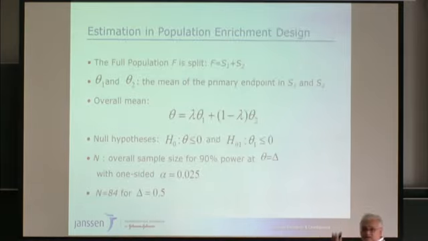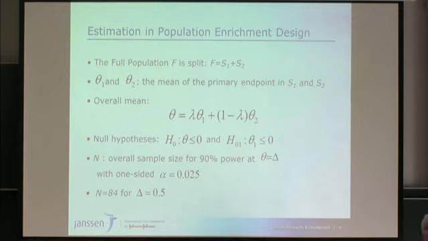Okay, so let's take a simple example. I have the full population split into S1 and S2, and then theta 1 and theta 2 are the means of the primary endpoint in S1 and S2. And then the overall mean is the combination, where lambda is the prevalence of subset S1 in the full population. Okay, so that's natural. Then I can formulate the null hypothesis for the full population: theta is smaller than or equal to 0, and H01 is theta 1 smaller than or equal to 0. Because I know that the drug works better in triple negative, I'm not so interested in the other null hypotheses,